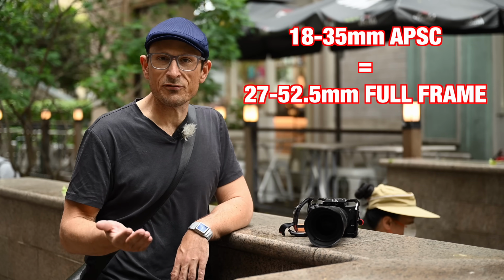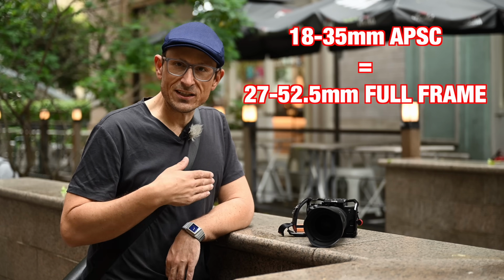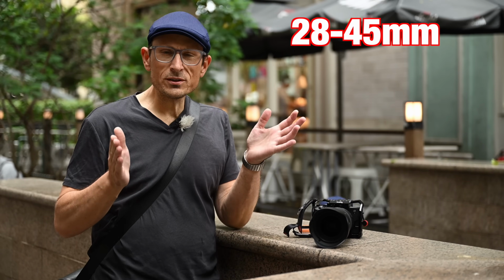The other thing is, if you take into account the crop factor, 18 to 35 becomes like a 27 to 52.5 millimeter. So this isn't nearly as wide, 28 to 45, which makes it, I think, the smallest zoom range